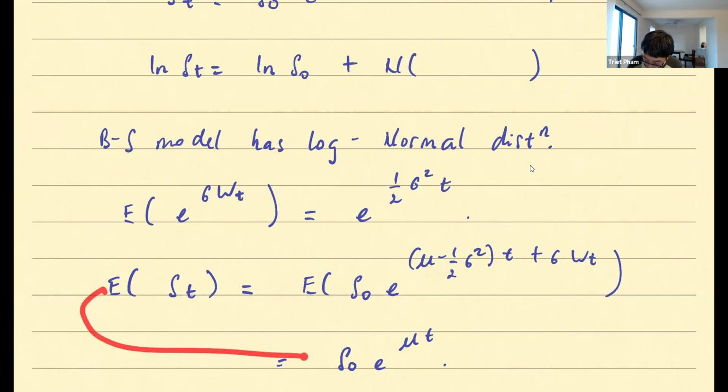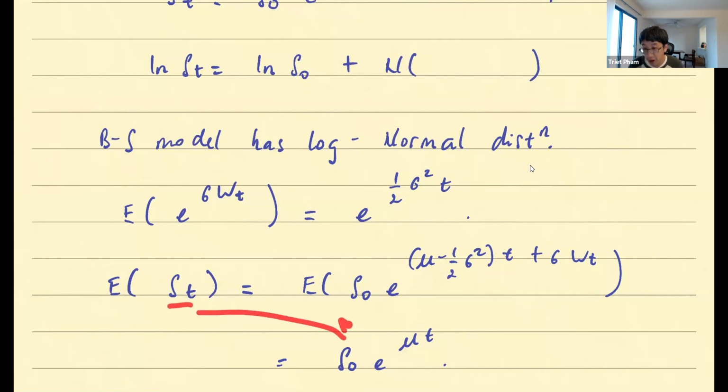Here, for me, this formula means a lot as well. Again, what is ST? ST is the stock price. Expectation, of course, takes the average. So on average, you're saying that your stock price is the initial stock times the exponential of the return rate. What's more natural than that? Because remember, this is the saving model with the rate of return, mu. So what you're saying is, on average, your stock price behaves like a fancy saving account with rate of return mu. Again, super natural for me.